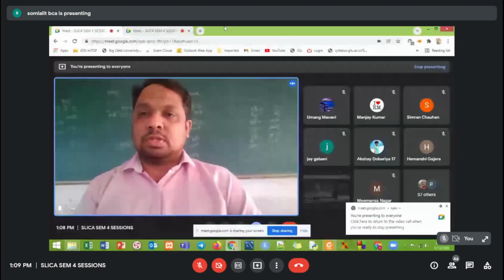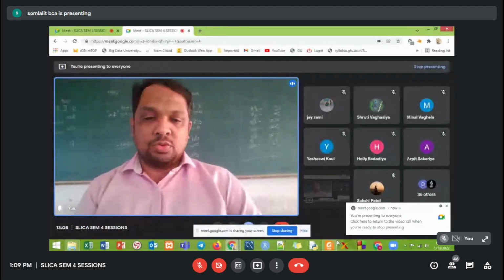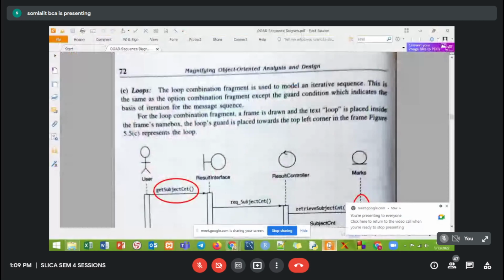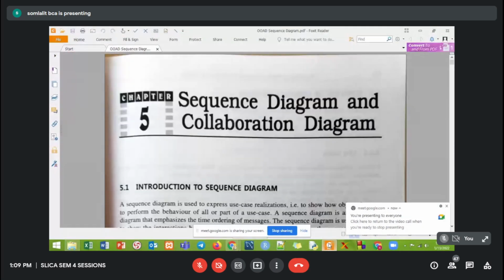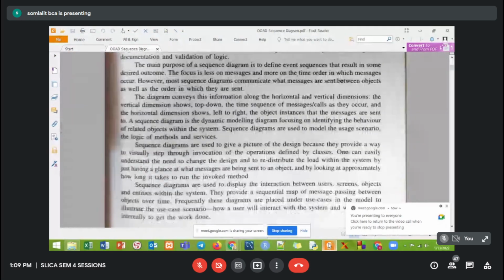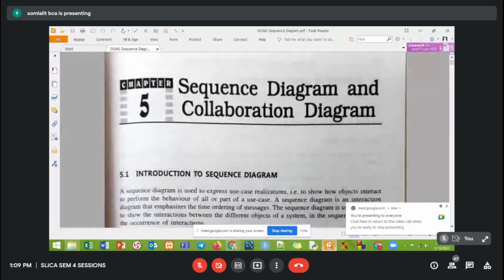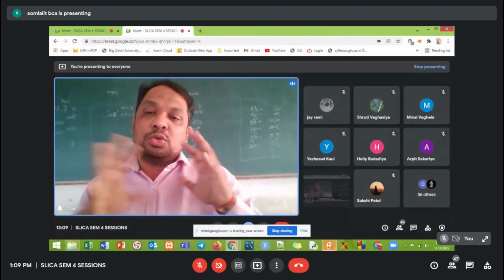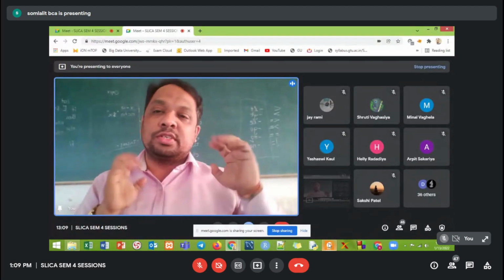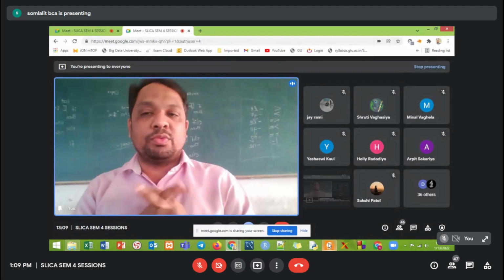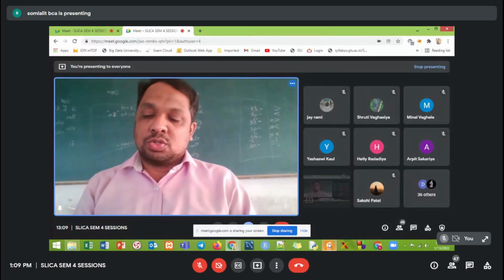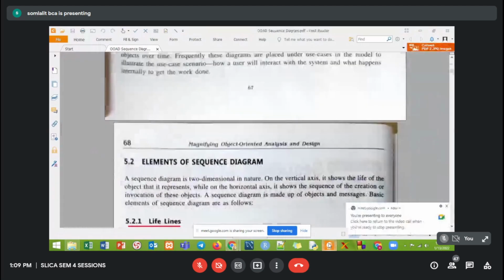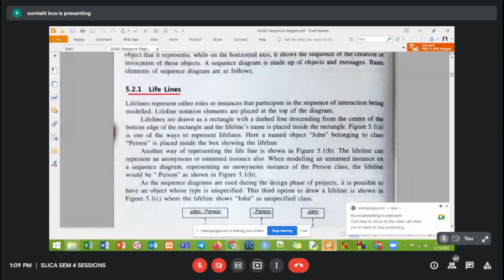Okay, so both the screens are in screen sharing mode. Done. So we started with the sequence diagram, a brief discussion of it. What do you mean by a sequence diagram? Whenever you want to represent the internals of a use case, at that time you will work with the sequence diagram. What are the elements required?